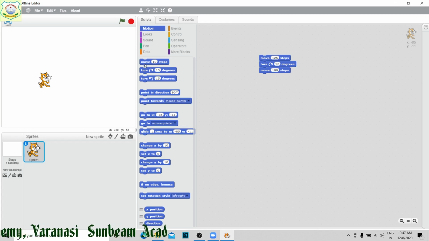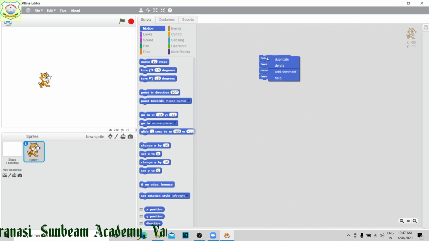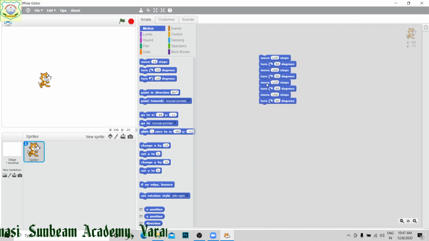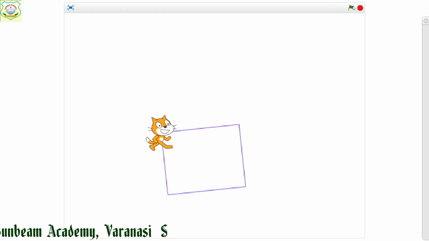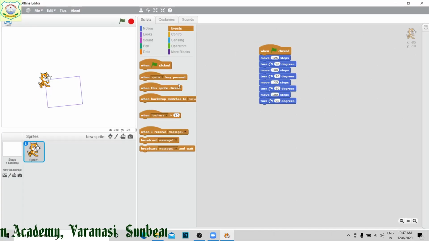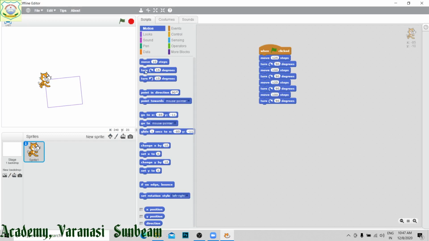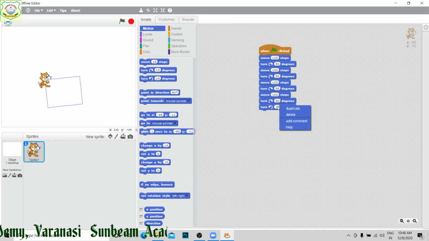then turn it for 90 degree, again make its duplicate and paste here, even when clicked. Now see here, if I am going to rotate it for 45 degree, okay, I am rotating it for 45 degree towards left side, 45 degree,